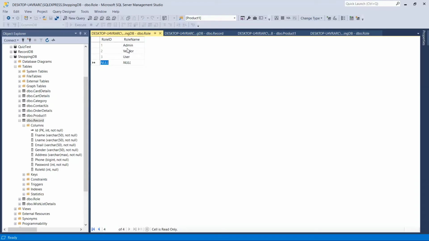That's it. You can take admin or administrator, whatever you want, as the name of the role. So we just need to do this in the database. Now we'll switch to Visual Studio.